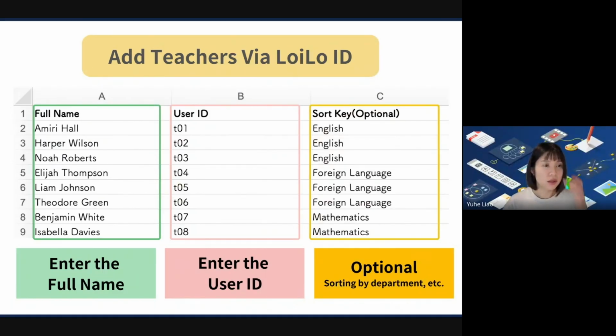Let's see. Okay, so once you finish your Excel template, please make sure to save it. Okay. I might add up to T05. There you go. Okay, so once you finish your Excel template,